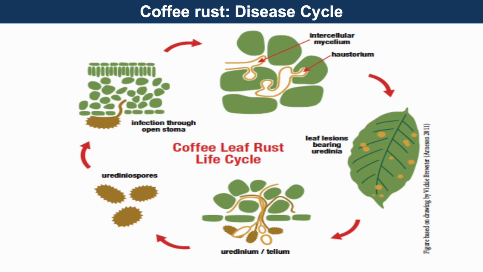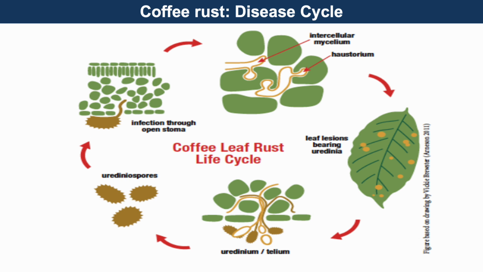The life cycle of coffee rust starts with urediniospores from an infected leaf landing on a healthy one and germinating, which can take at least 4 to 7 weeks to complete. The causal agent, the fungus, enters through natural leaf openings, invades cells and produces more spores. These new spores are then dispersed by rain, wind, and animals to infect other plants, causing an exponential increase in